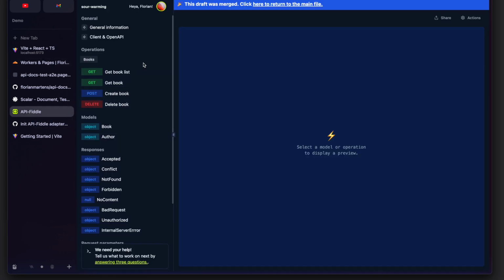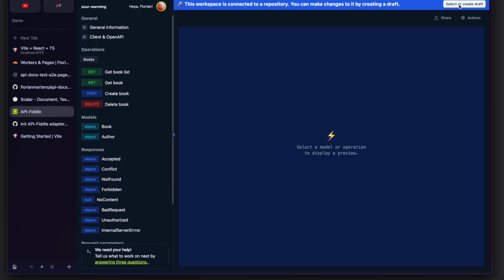So when you think in more of an API first approach, the comparison to generating your OpenAPI file from code is always, how do you actually apply changes? If you're working on a bigger project and you need to change the API, you would usually need to implement the entire backend before you get a new and updated OpenAPI file, or you just apply the changes manually. If you think API first and generate the API contract first, this can actually be super handy, because you go into something like API-Fiddle, and when you want to apply changes to your API,